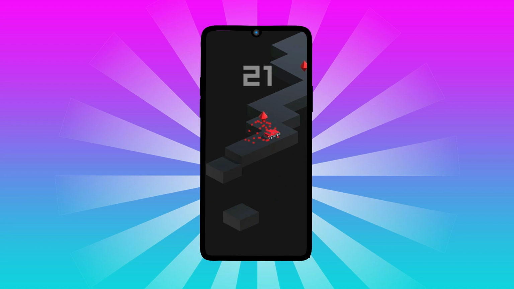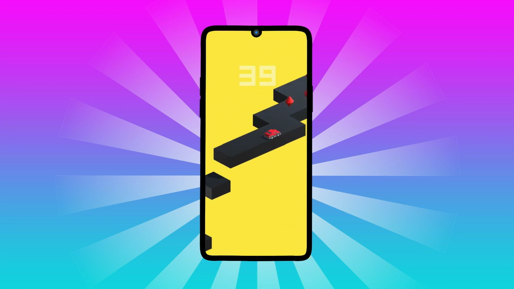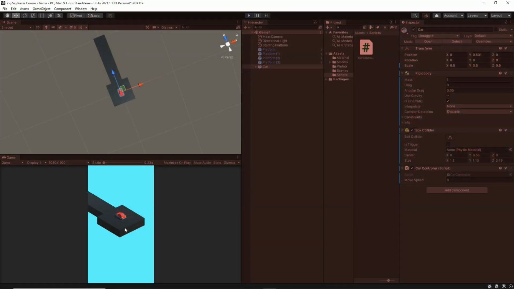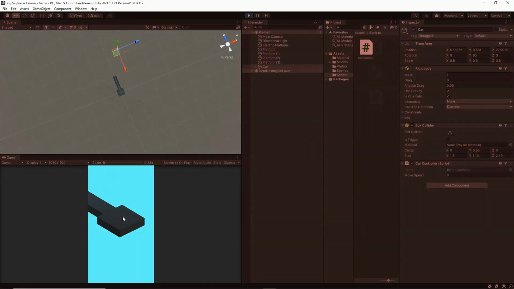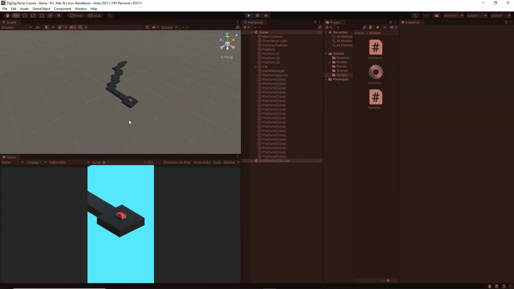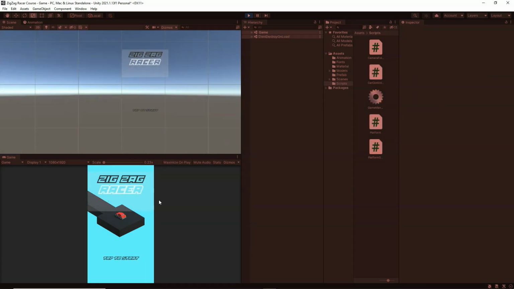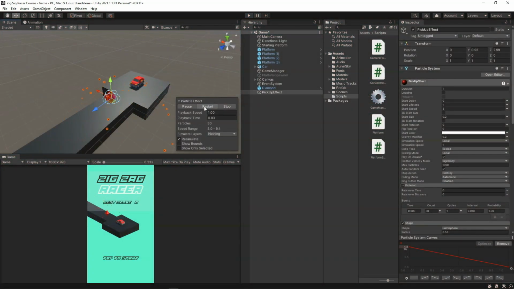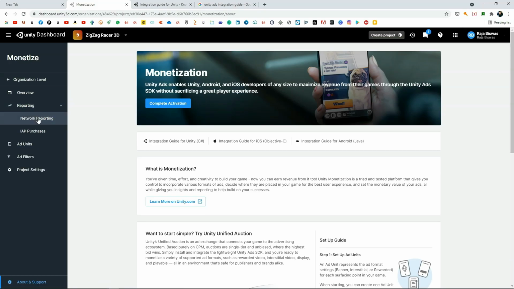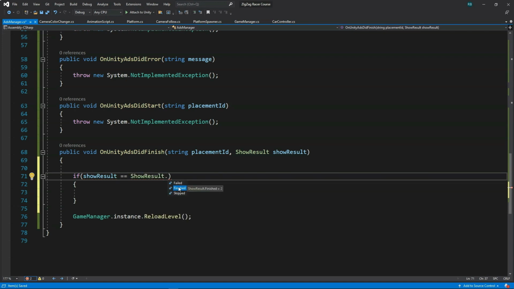In this course, you will learn to build your own Android game and publish it online. You will start by importing 3D car model and adding zigzag movement to the car. Then, you will create randomly generating infinite levels. Next, you will juice up your game by adding some UI elements, particle effects, and cool game music. Finally, you will learn to implement video ads and publish your game online.